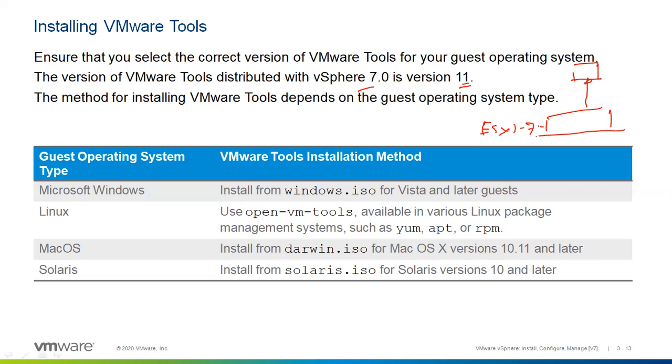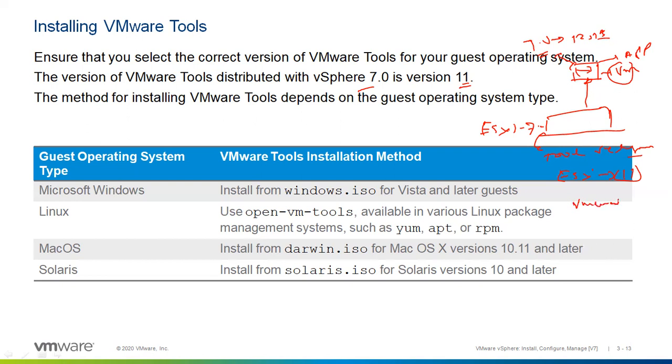By default the tools version available is 11, but I am putting a VM here where some application needs to be deployed that requires the tools version upgraded, maybe 12 or 13. In that case, during the app installation, it will show you a warning or error saying I want this level of VM tools. So in that case, what you need to do,